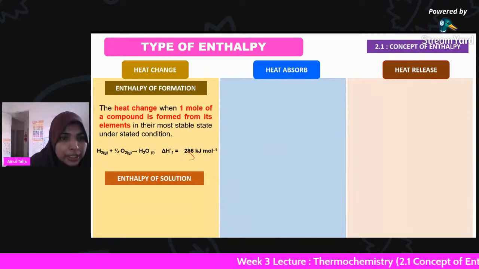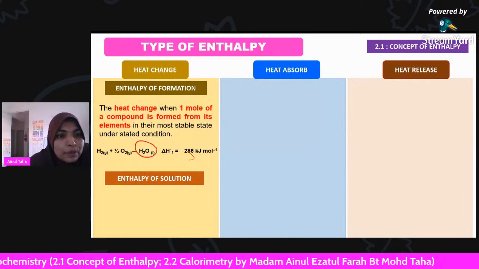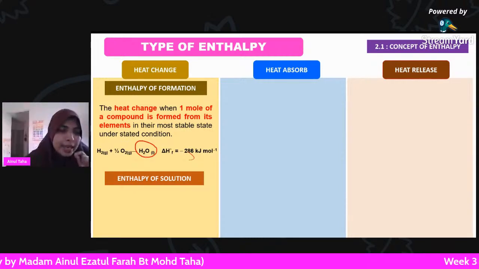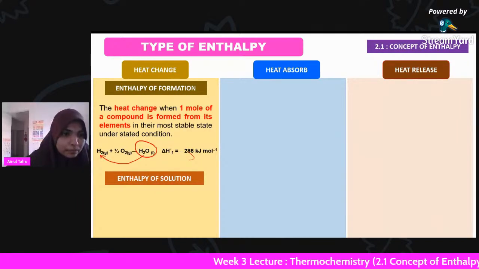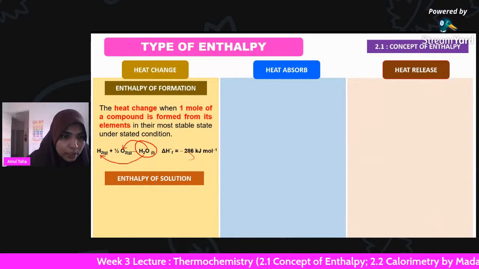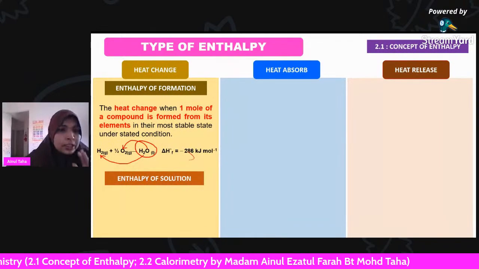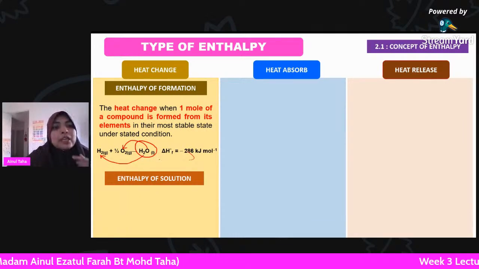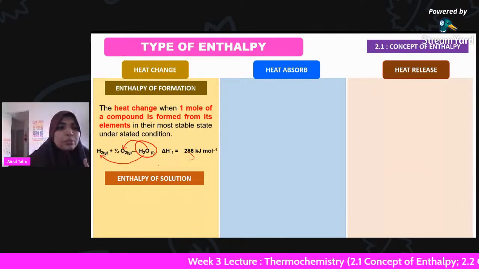Okay, the heat change when one mole of compound is formed from its elements. What are the elements inside H2O? We have hydrogen and we have oxygen. So we have to make sure when you write the thermochemical equation to represent enthalpy of formation, you have to know what is their most stable